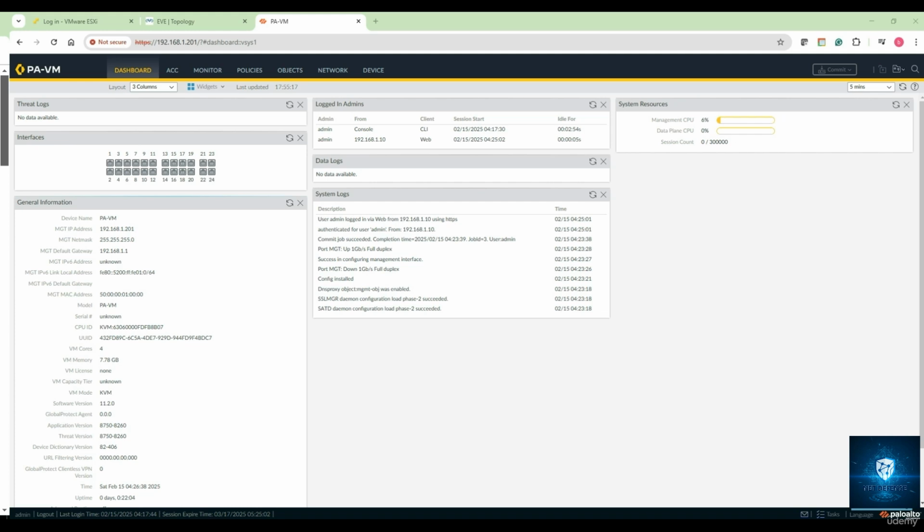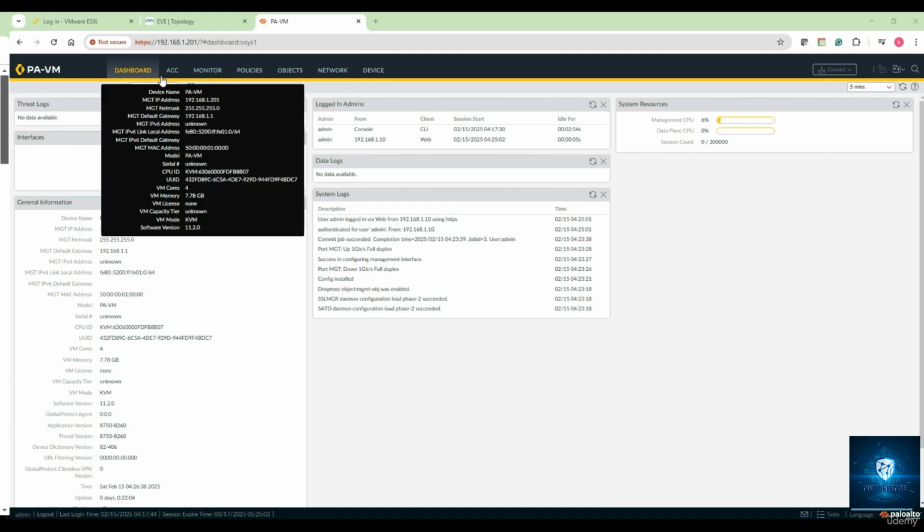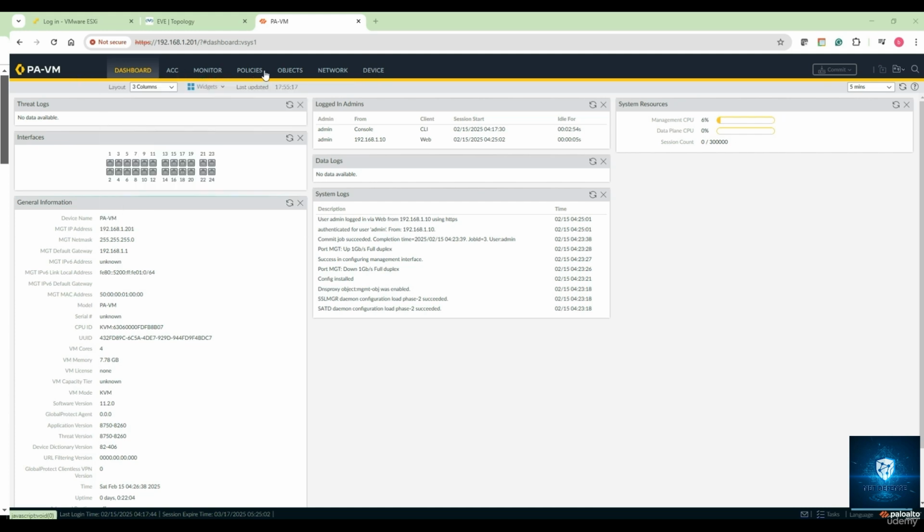So let's say that you want to change this particular management IP address. You want to change this management IP address from the GUI, right? In that case, you can click on this device tab, among the multiple tabs that you see over here: ACC, monitor, policies, objects, network, and device. So click on the device tab,